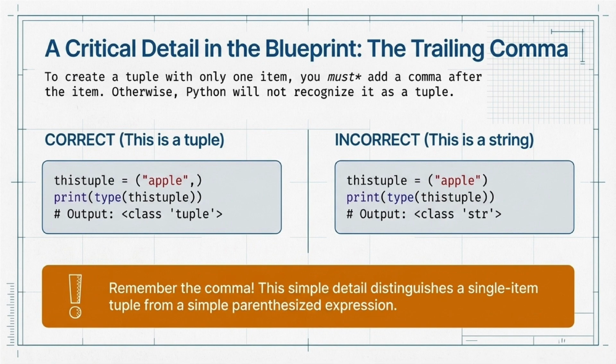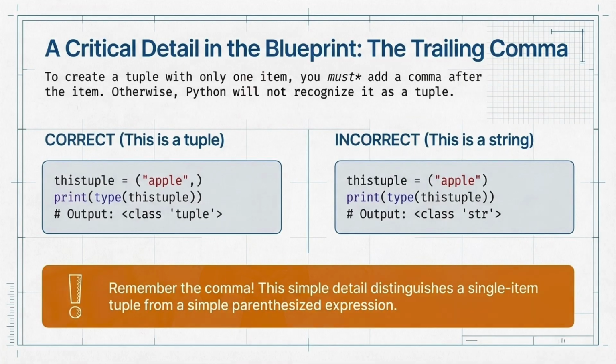So make sure there is a comma inserted. This small but critical syntactic detail distinguishes a single-item tuple from a simple expression enclosed in parentheses, making the trailing comma mandatory when defining tuples